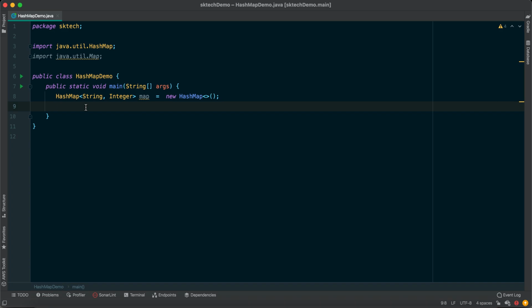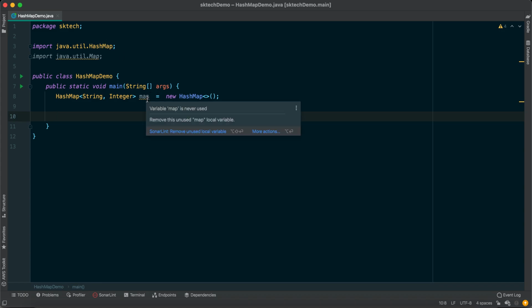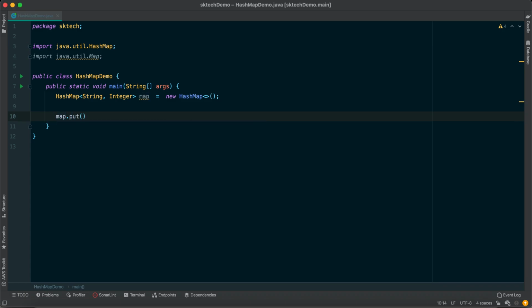So how can we add an element? We can use the methods provided by the Map interface. We have already seen the put method, right? The put method is used to add an element inside the map. This HashMap is also a Map, right? So let's try to add some elements using the put method. map.put: here we need to provide the key as a string type, and remember the key should be unique and the value could be anything.